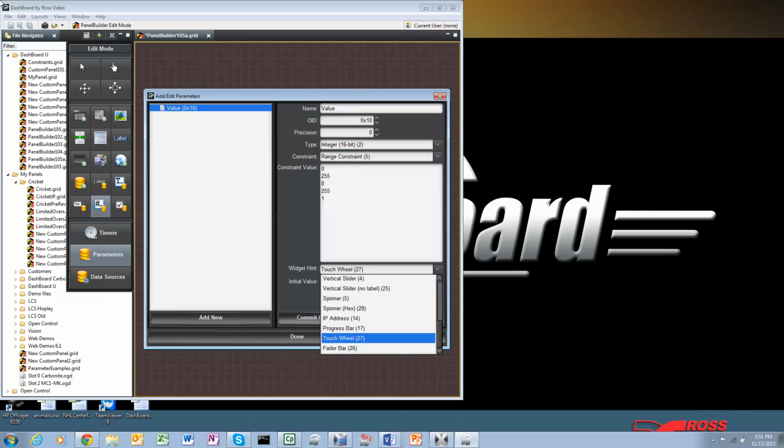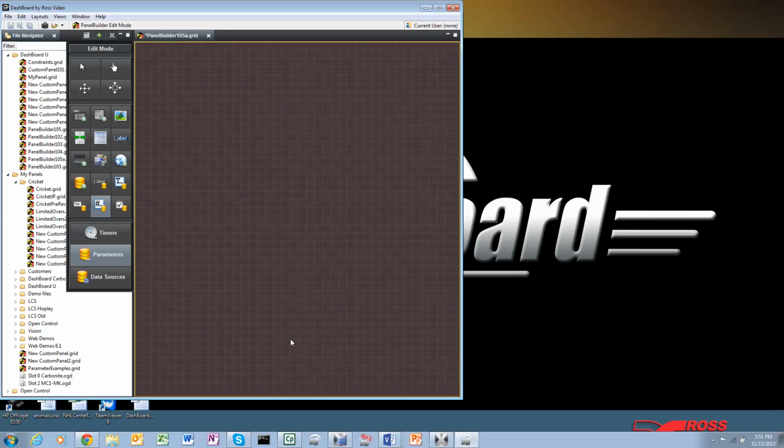Commit those changes, and we can see that we have our parameter added to the list. And let's call that done. Now I can go and add it to the user interface using this button here to insert a number parameter. Parameters are basically numbers or strings. This UI element here would insert a string, but I know it's a number, so I'm using this one.